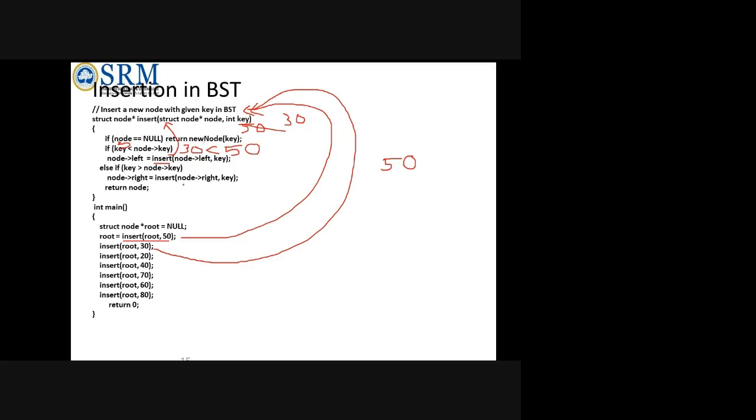In the first case, when 30 was inserted, it went here only and it checked if your node is null. Return new node, so it is not possible, already a key is there. Again, it checked with the root node, and once again, when 30 is there, it will insert it. That is the meaning. In your stack, what will happen is, when first insertion, 30 will get inside.